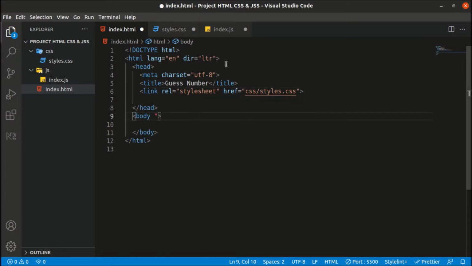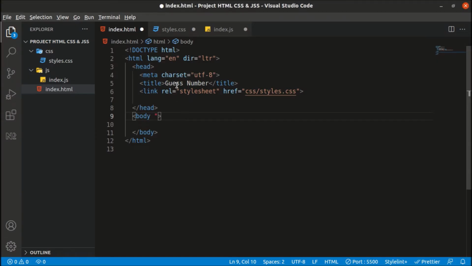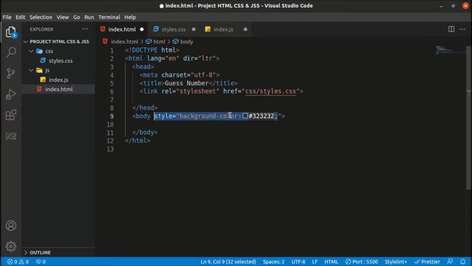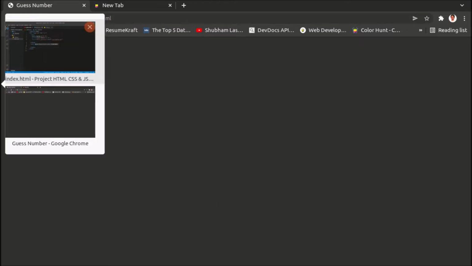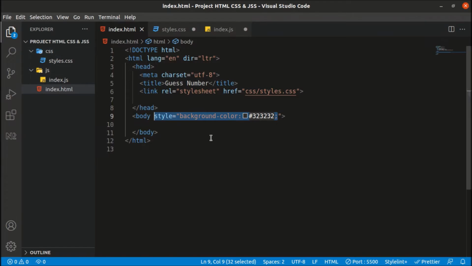So I will change the background color of our page, let me run it and see. The background color is white. Now let me change the background color. I am changing it to something grayish. So yeah, the background color has changed, and it is loading live because I have installed an extension in my Visual Studio Code called Live Server. That's why it's reloading while I am writing the code.